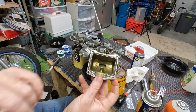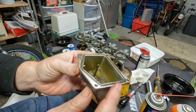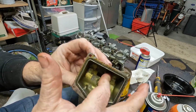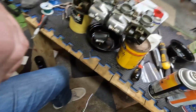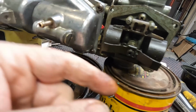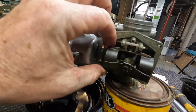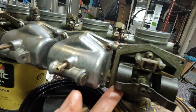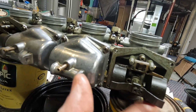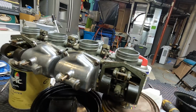Okay, kind of nasty. The gasket's been completely flattened and just kind of solidified gunk, just sitting here. And then, as you can see in the carb, all this is supposed to be brass. It's nasty, gunked up. The float's not even moving right now. So that tells me a tremendous amount about this